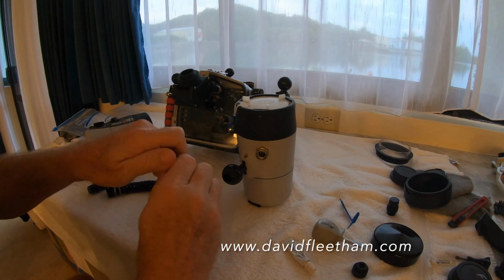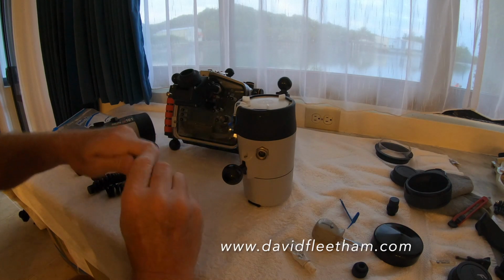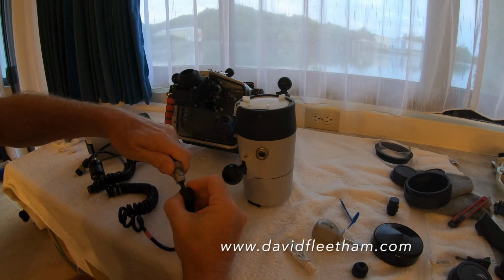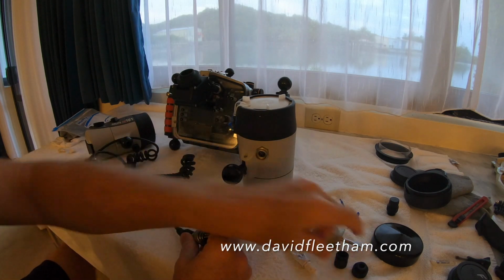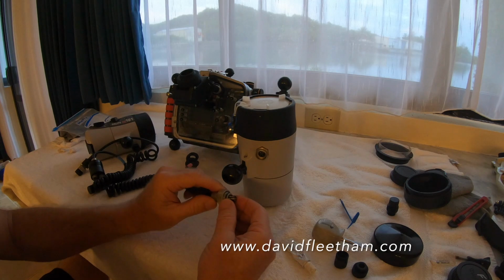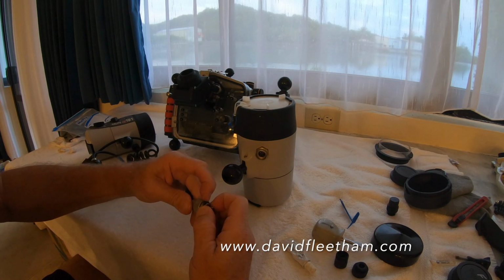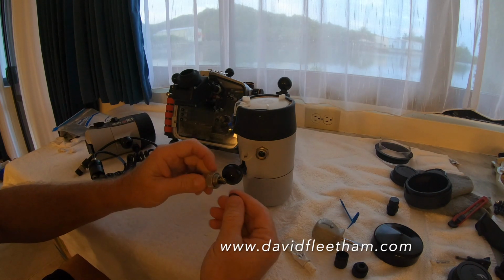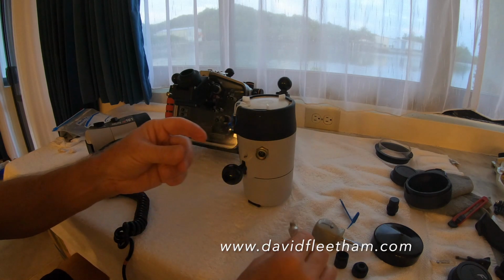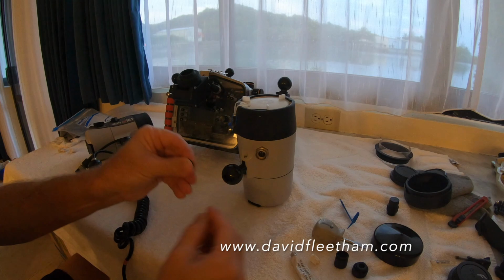The cord will also have some sort of a cap protecting that connection. So remove the cap and then get a good look at that O-ring. If it looks dry at all, you should be able to remove it by again pinching two sides of it and then popping it off over the end of the connector. It's a small O-ring, so it doesn't take much grease. So a little dab on your fingers, run it through, and once it's greased up, you can put it back